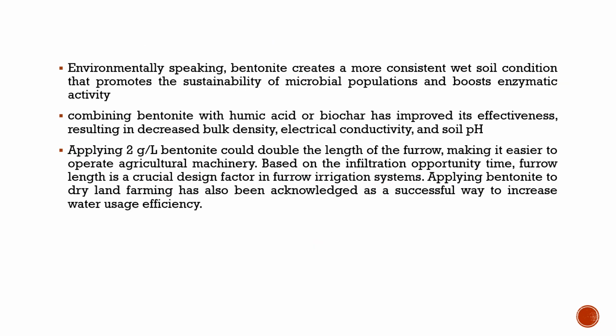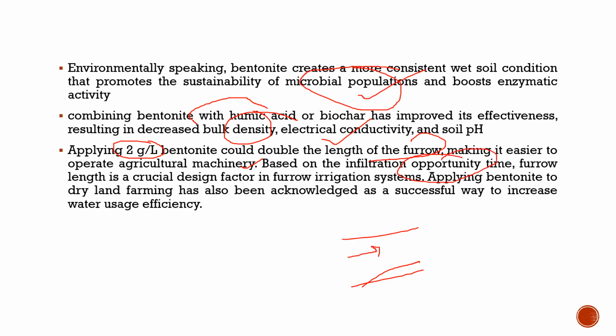Along with that, bentonite creates more consistent wet soil conditions, leading to more microbial populations and more enzymatic activity. If you combine bentonite with humic acid and biochar, you will find decreased bulk density, decreased electrical conductivity and decreased soil pH. If you apply 2 gram per liter of bentonite, you will find an increase in furrow length. This means there will be formation of a thin layer of bentonite on the furrow, where it is easier for agricultural operations and machinery to run, and you will also find more time for infiltration. This means opportunity time will be increased because of the application of bentonite, where furrow length is a crucial design factor in a furrow